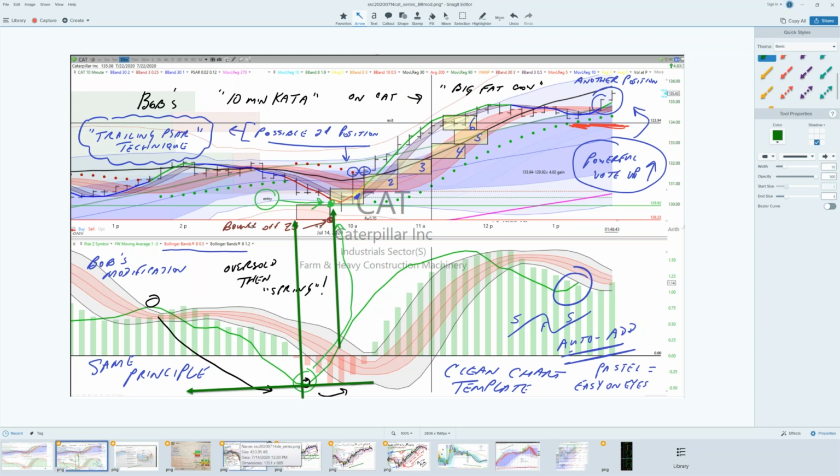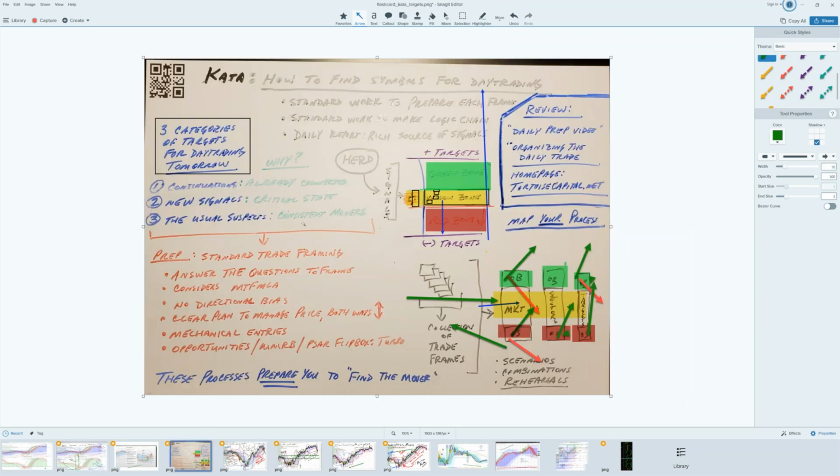So do you think Bob and Van are going to be ready to trade Caterpillar tomorrow? Yes, they are. Why? Because that's a continuation pattern. Where do you find symbols for day trading? Continuation patterns, new signals from critical states from the daily trade, or the usual suspects, the frog champions. That's 10% of the challenge right there. 80% of the challenge is preparing them